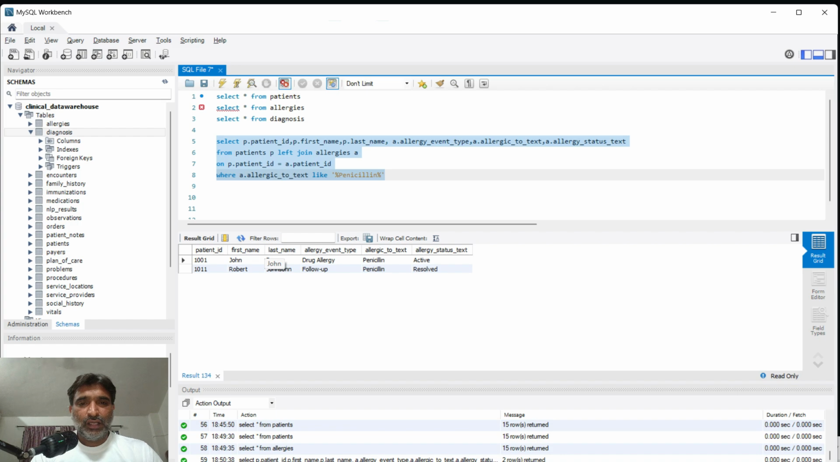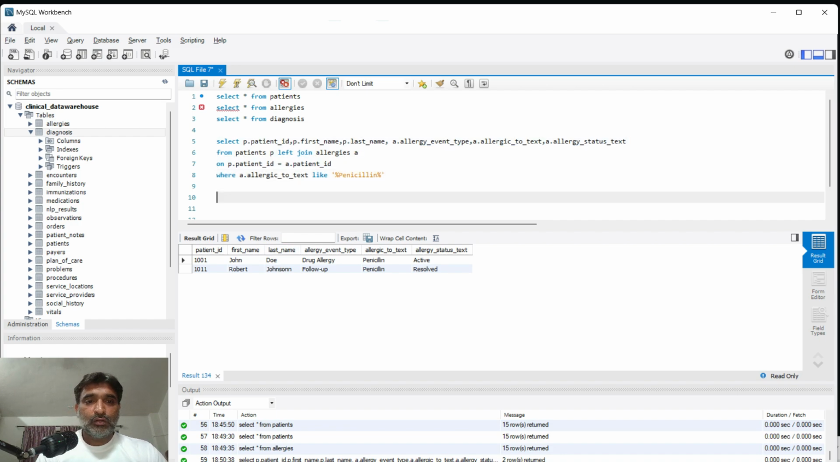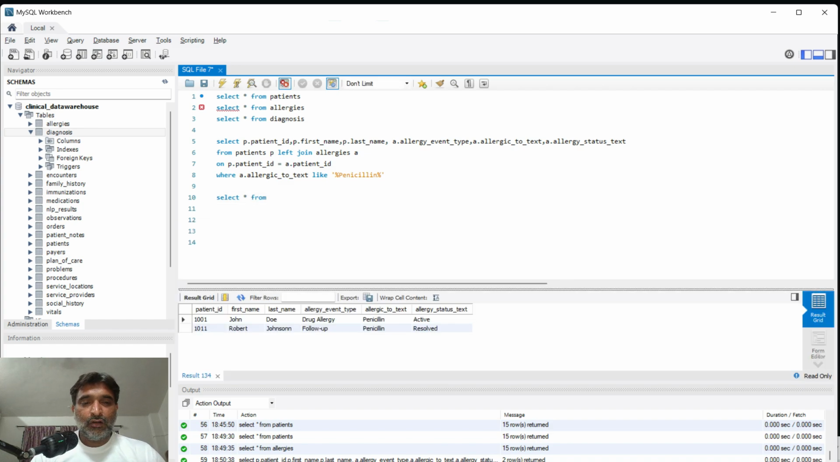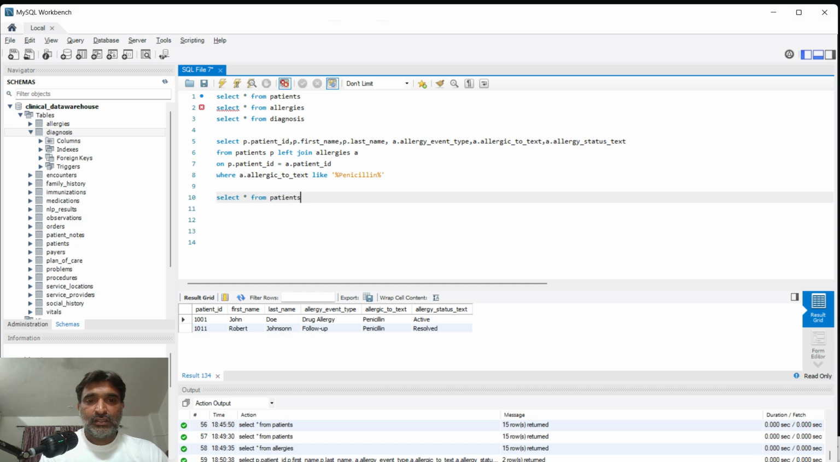Okay. But what's the other way of getting it? You can do a subquery. You can do select star or any columns that you want, specific columns. But for now, I'm just going to take all the columns. So select star from patients, and name it as P,